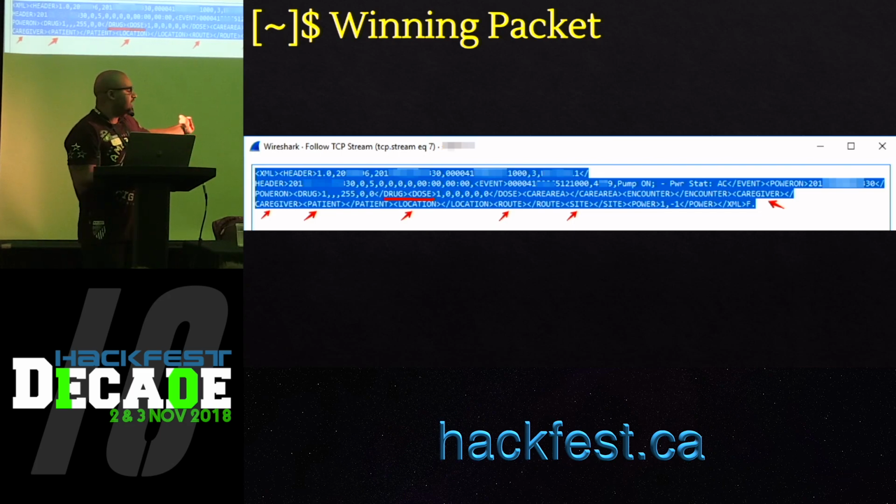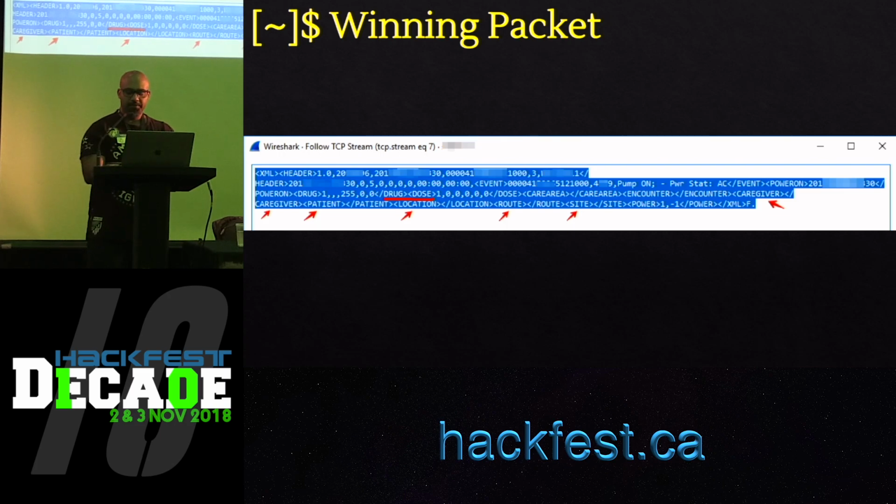You will see that all these fields here are empty, but that's just because our Infusion Pump didn't have real data. In a real environment where it's deployed at a hospital, it will contain all that information. And once you receive that information, you can update it, fix the XModem checksum, and push it back to the Infusion Pump. We were able to do that.